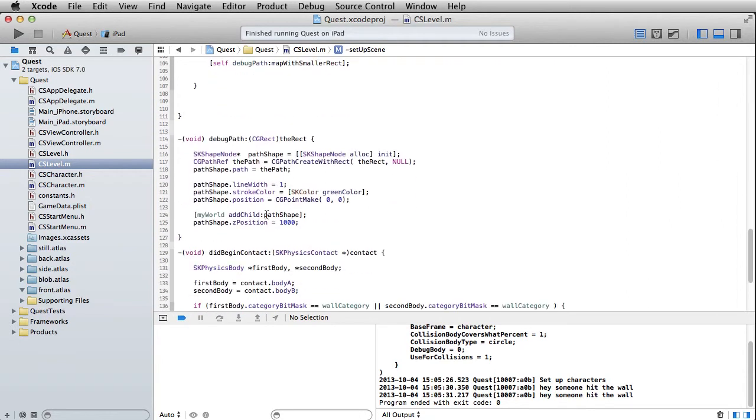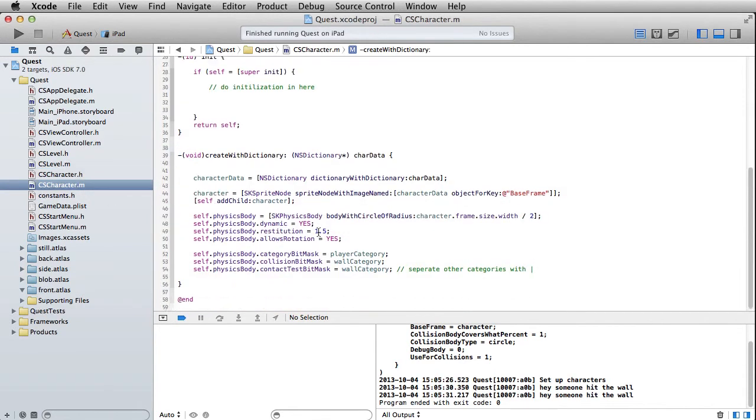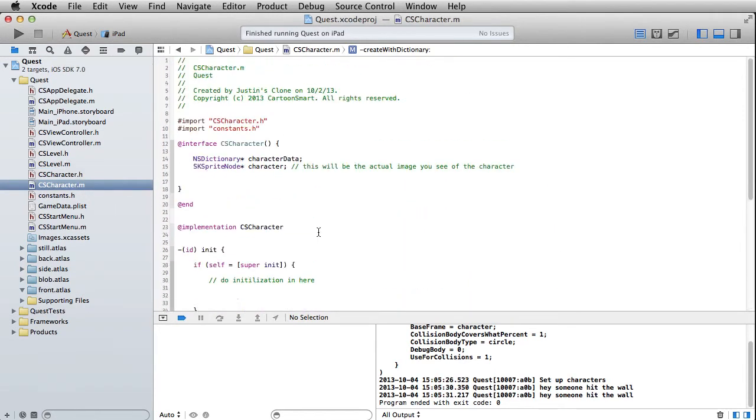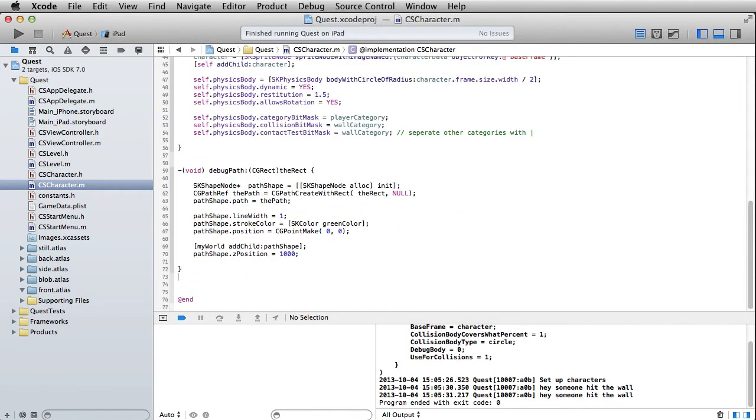So let's steal some of this code that we just wrote, and we're just going to copy that. Let's take it down here to the character, and boy, there sure isn't a lot in here right now, huh? Go ahead and paste that in. I'm just going to put mine kind of close to the end statement there. And things to change right away just so we don't get any errors will be self, okay,